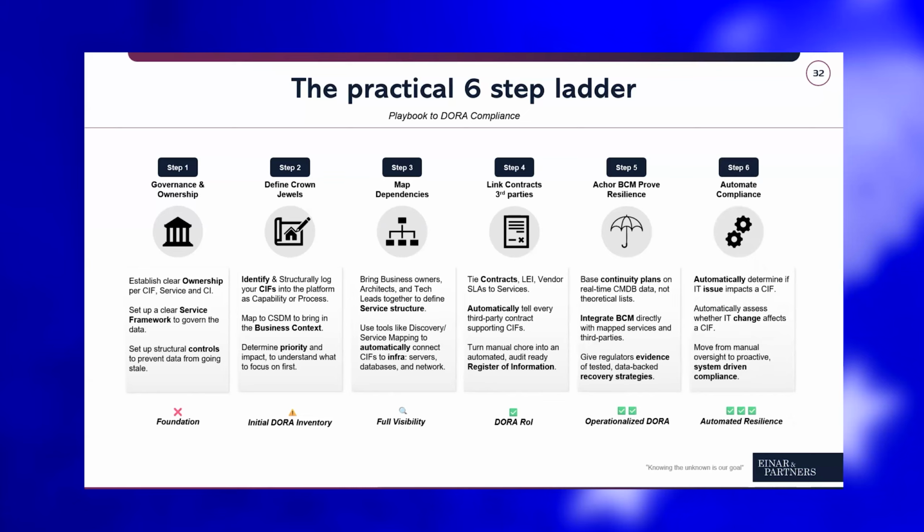So we believe that true operational resilience is where you don't have to do all these steps manually. Whenever there is an IT issue, an incident, we automatically want to know: is it impacting one of our DORA critical functions? If yes, we need to get everyone together and start to fix this as soon as possible. So instead of manually looking through certain processes, we want to have that automated flag there.